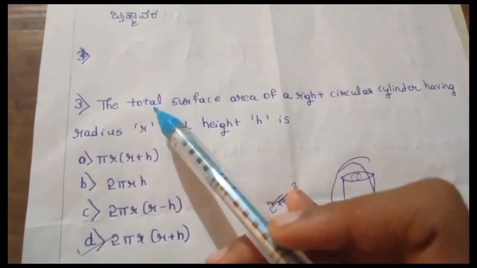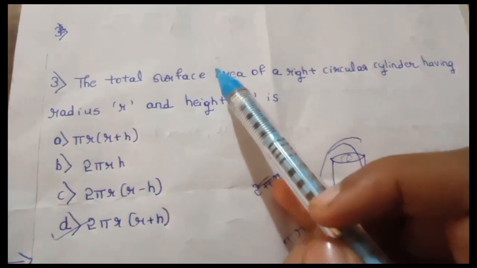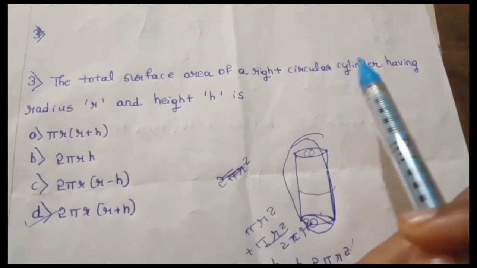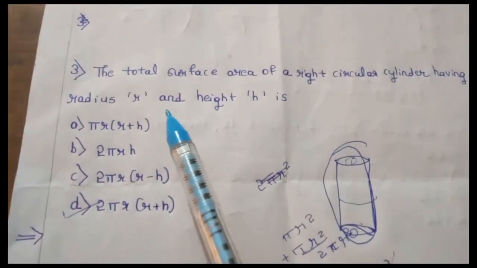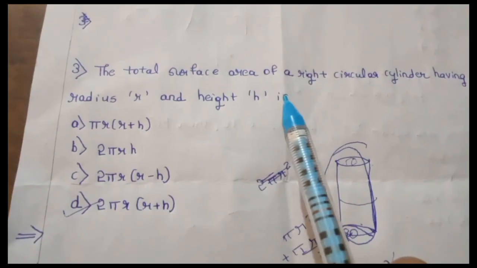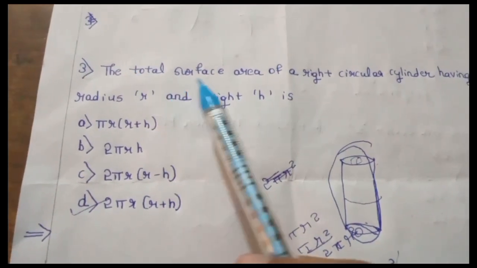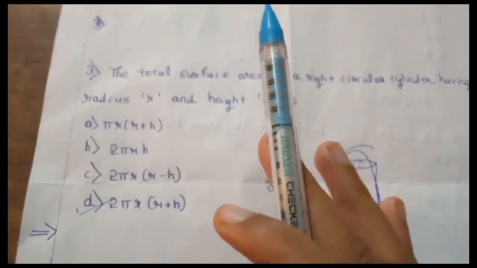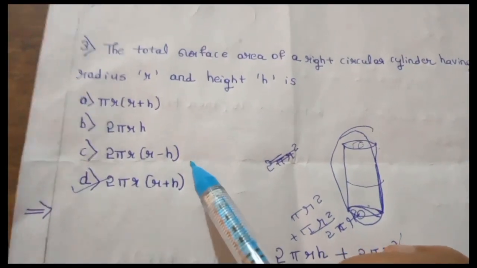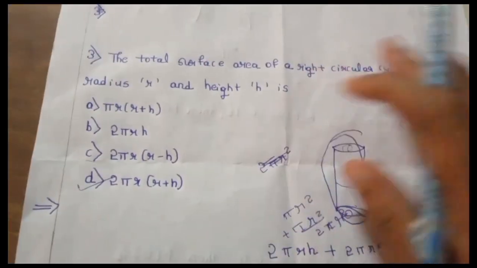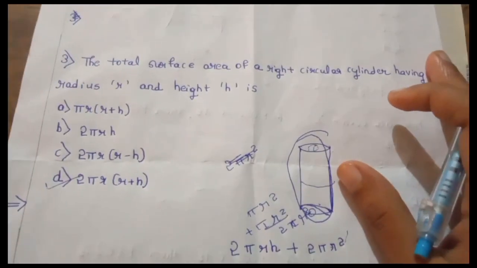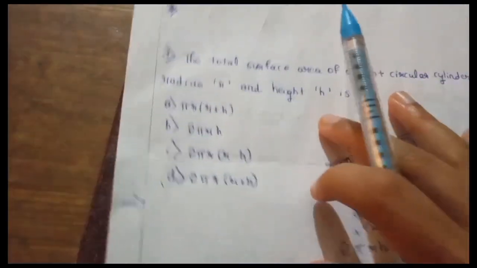Next, this is the third question. It says that the total surface area of a right circular cylinder having radius r and height h is. So we have to find the total surface area. If we know the formula, then we can directly take it as 2 pi r into r plus h. Otherwise, to find the total surface area of a right circular cylinder,